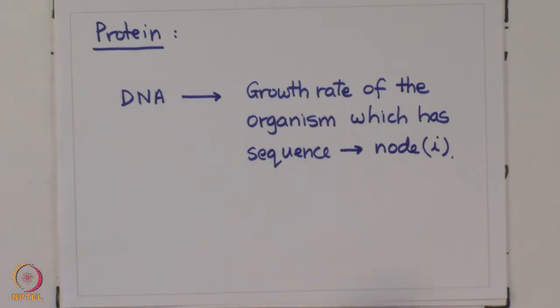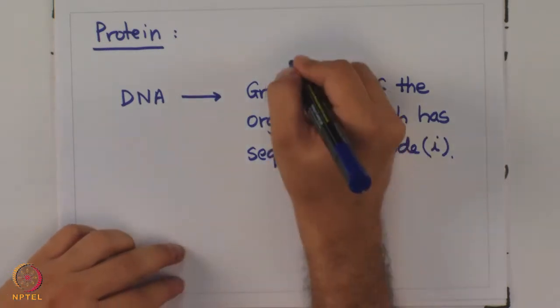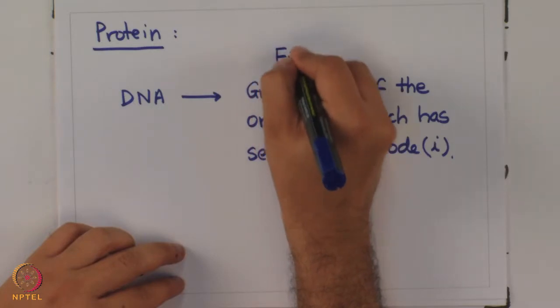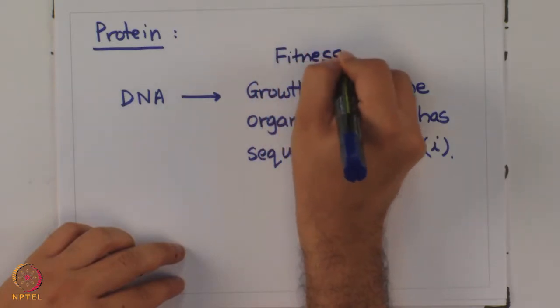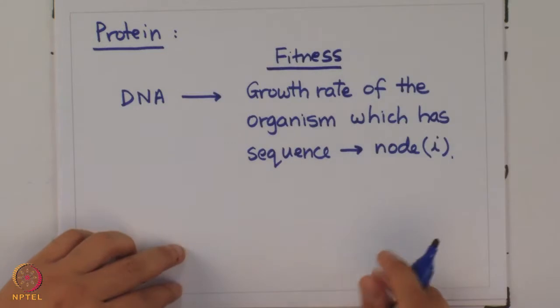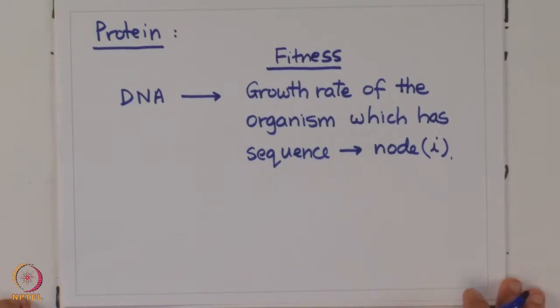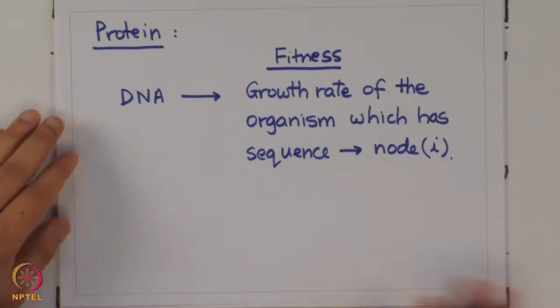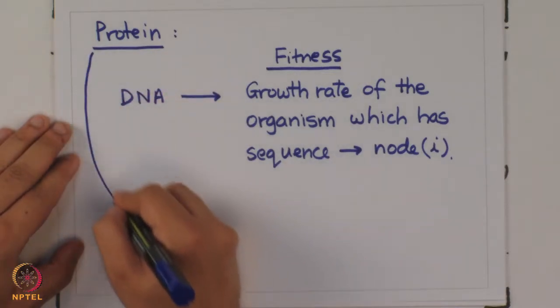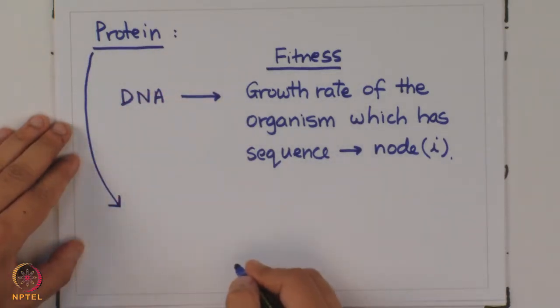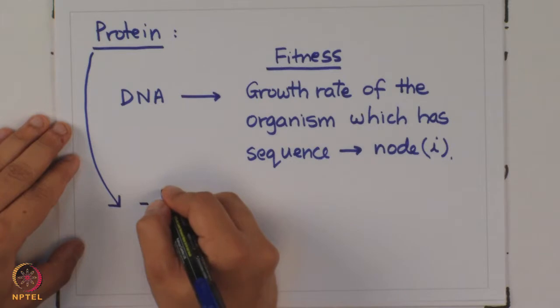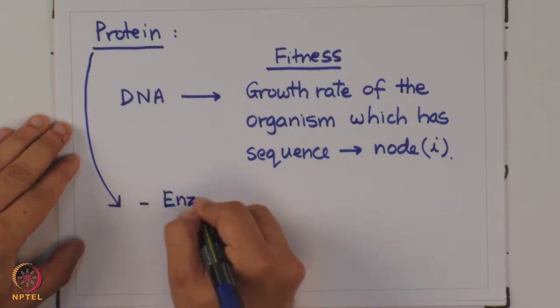But clearly proteins won't grow by themselves. So what does the fitness? So for DNA, fitness was defined as follows. But what's the corresponding fitness when we are talking proteins? Which is what this review paper that we just saw also talks about. So for proteins, you could have this defined a couple of ways. One could be that you could have the enzymatic activity,